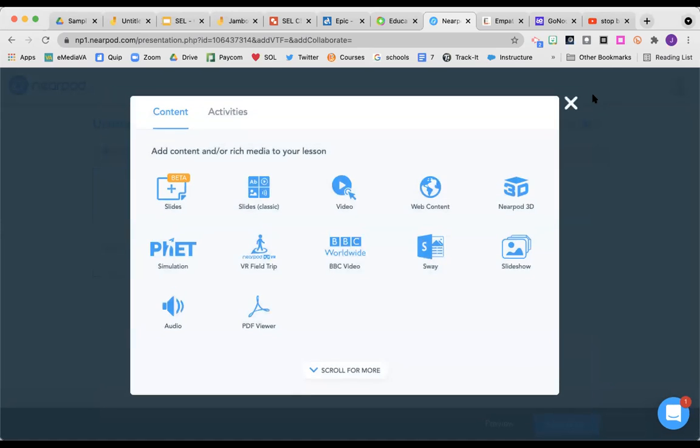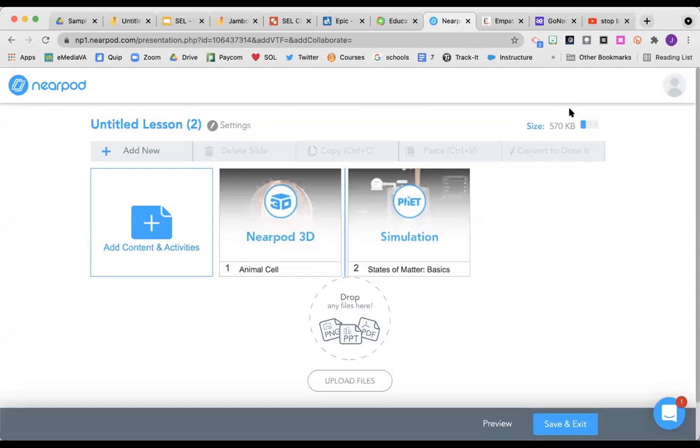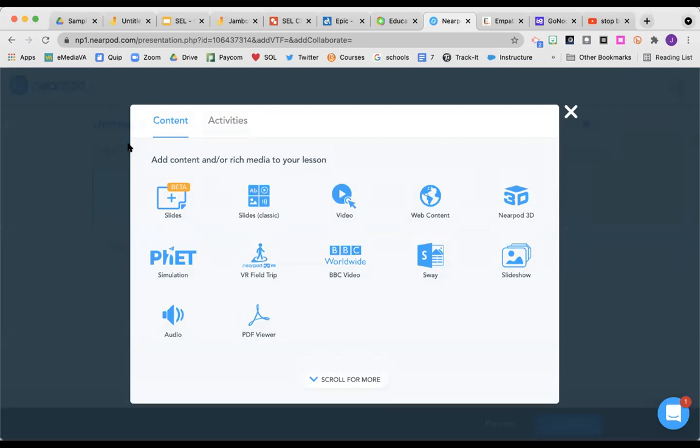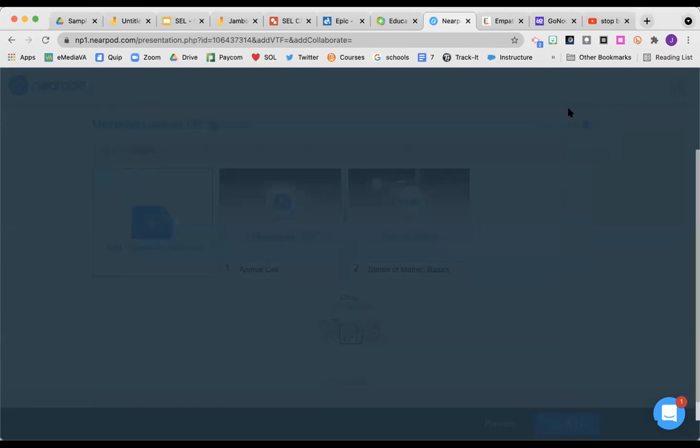So getting our students to use these tools in a hands-on way and using the quiz features in here and the interactive features is really going to get their attention and get our students involved in their own learning. And Nearpod is one of those tools that I always like to give my students as a choice because it's such a powerful choice. So if you're going to let your students pick their style of learning for the day, I highly suggest Nearpod, because even within Nearpod, there are just so many different options for how our students can